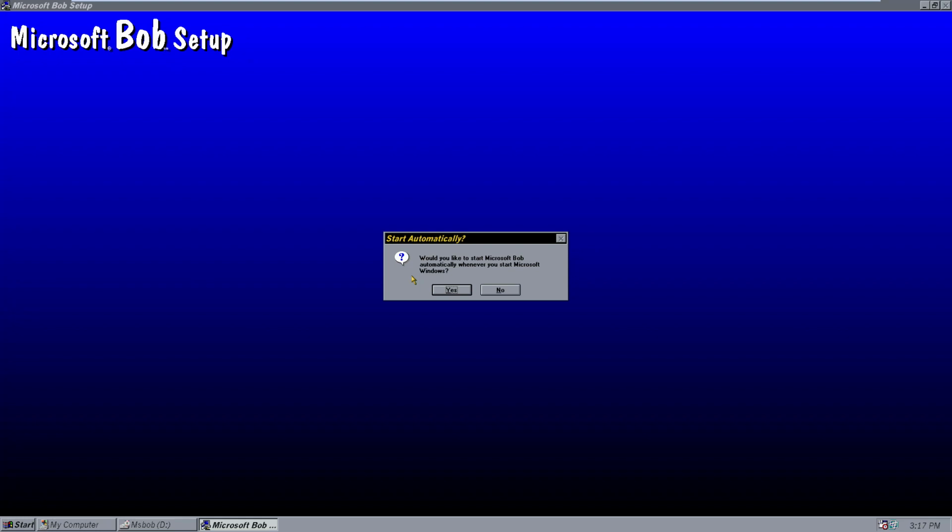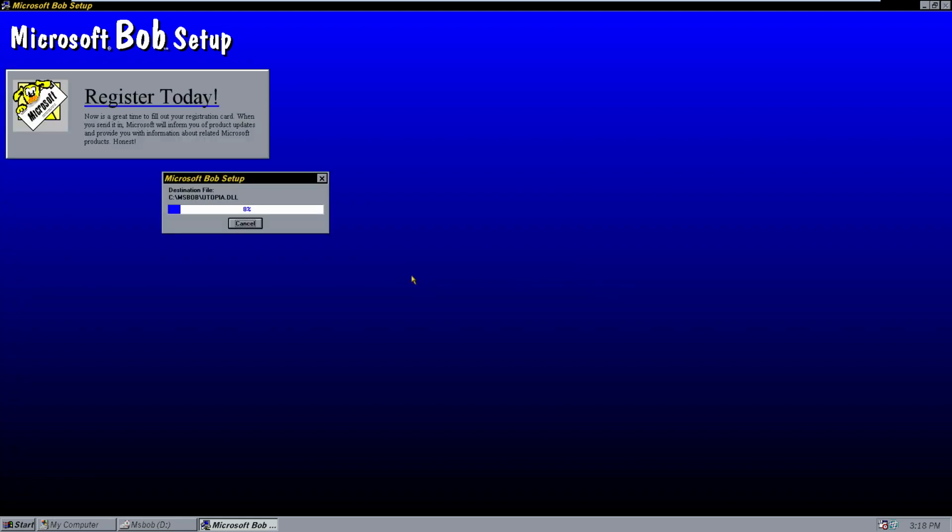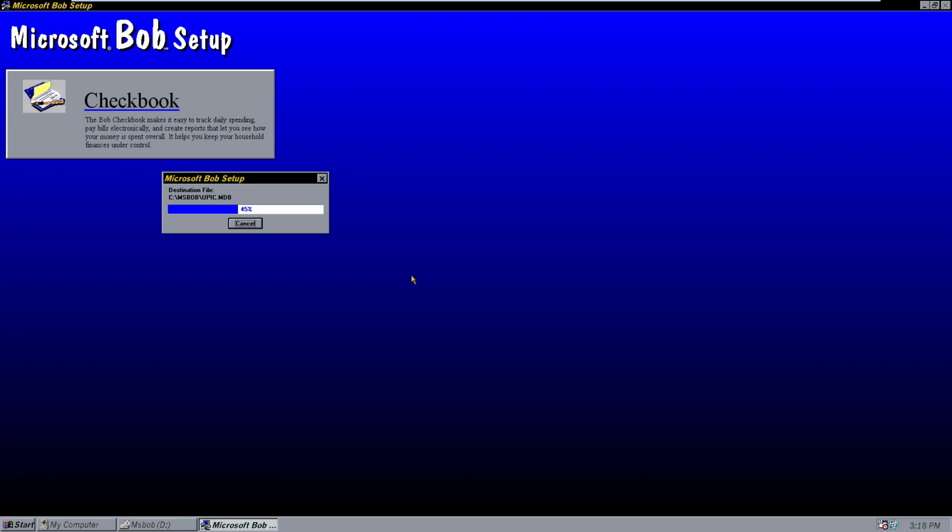of the installation. Would you like to start Microsoft Bob automatically whenever you start Microsoft Windows? We're just going to click on yes here, because whenever the virtual machine restarts and boots up into Windows 95, it's going to instantly start Microsoft Bob, so we can get into that interface. And that's something else that was intended for people that didn't really know a lot about computers. I guess starting applications would be a little difficult, so they just put that option in there to make it a lot easier. But yeah, now we're going through the rest of the Microsoft Bob setup, which probably isn't going